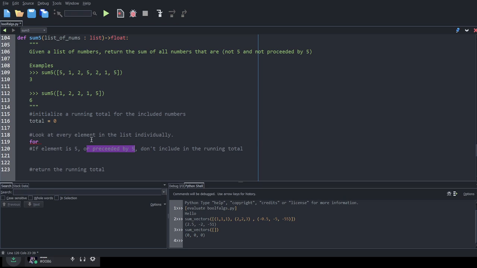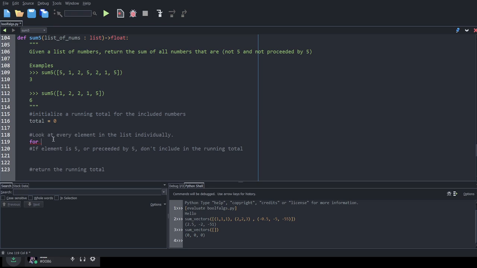That's going to be a lot more difficult if we do a for loop looking at the element individually. It's going to be a lot easier if we use indexes, because we have to look at the thing before it before we even look at the current one. We have to consider: is the one before me a 5 or not, yes or no? So it's going to be a lot easier with an index.